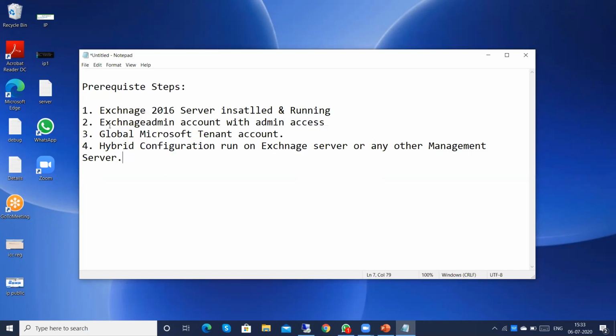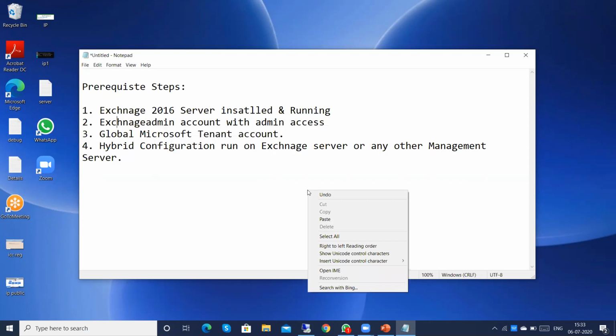And you have to create one Exchange admin account with admin access while configuring the hybrid configuration. And you require a global Microsoft tenant account, which is with Microsoft.